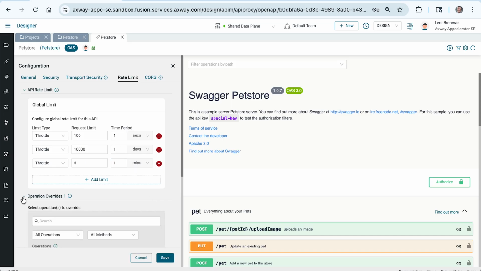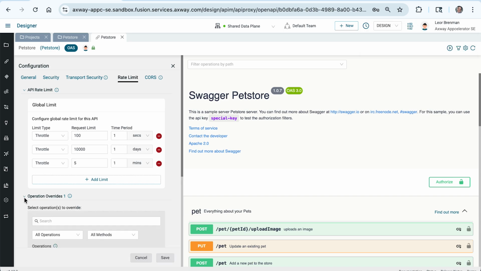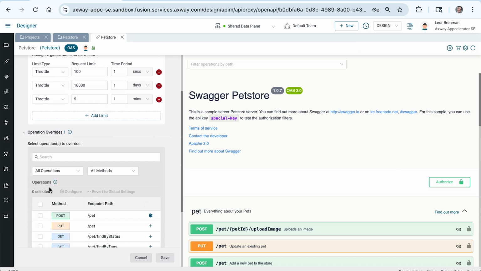Okay, so I've got 100 a second, so that'll be for bursts, 5 per minute, that will be for my demo, and then 10,000 per day takes care of my quota limit. And let's save that. And while we're here, let's also notice, I won't demo this, but you can also override